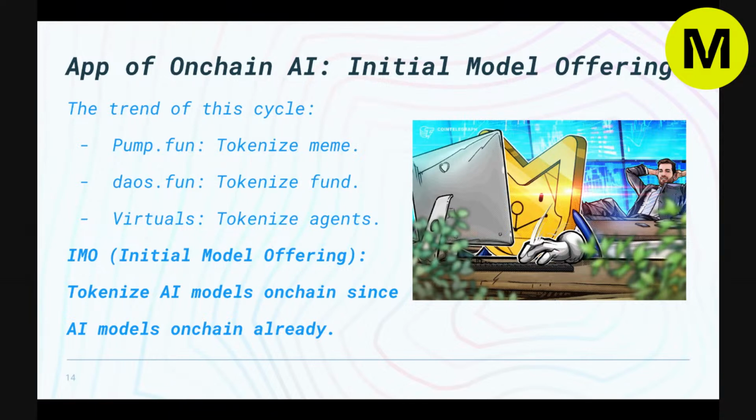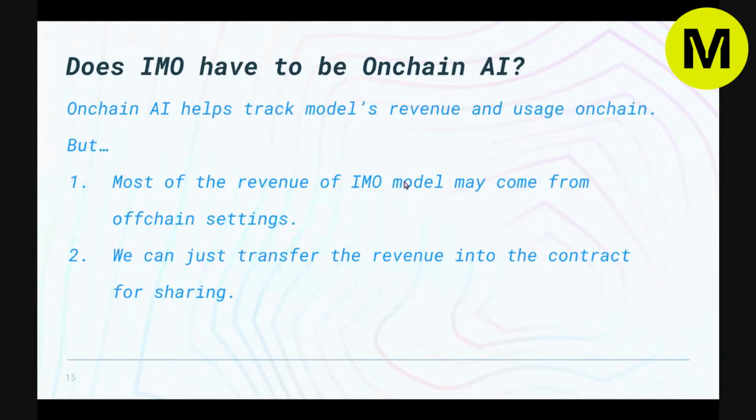It actually provides more options for you to build around the model, because the model originally will have some kind of revenue stream, and if you build agents, it will be a derived asset of this revenue generating model. And so